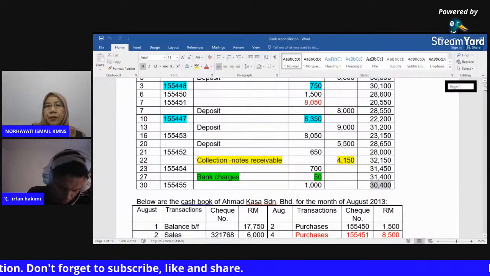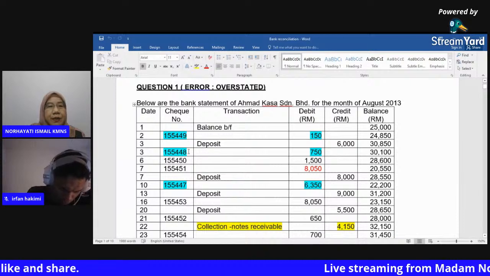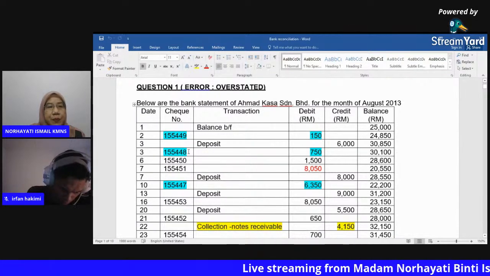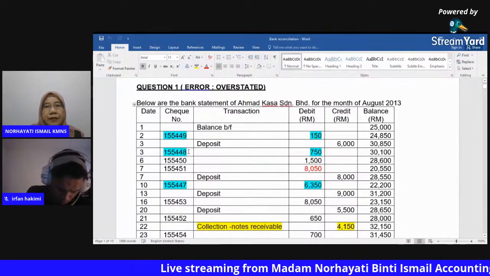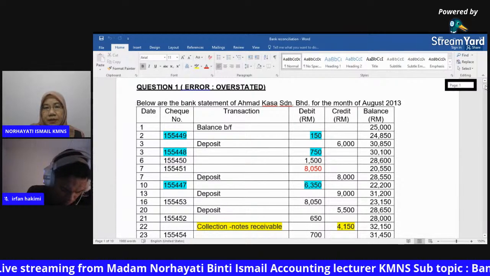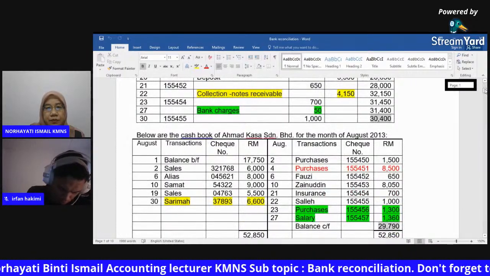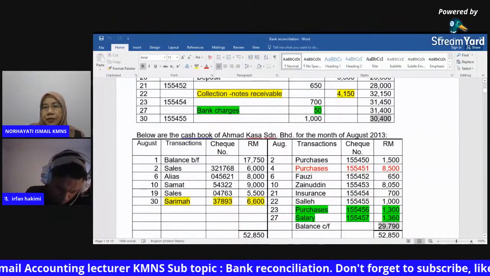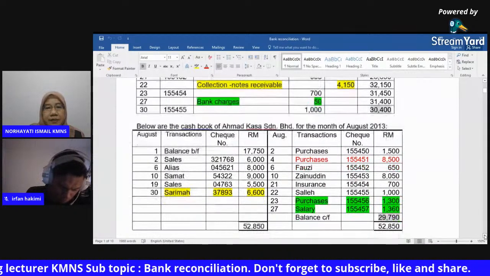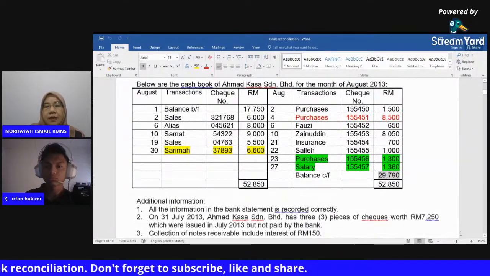Okay, the total for 3 pieces, these numbers 449, 448, and 447 belong to the previous month. Look at the additional information. You can see from your notebook that these 3 pieces of check, the total is